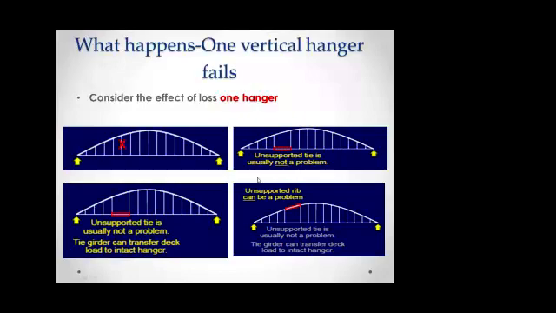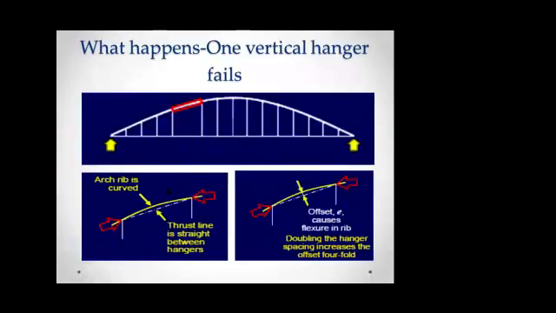Okay, so because of this, the unsupported tie, the tie girders will transfer the force directly to the intact hanger. It will be transferred to the adjacent hanger. But when you transfer force, again there is an unsupported length, and the rib also has a problem. The truss line is a straight line between the hangers, and because of this an offset will be created. This offset gives a flexure in the rib, and doubling the hanger space increases the offset four-fold. So the offset will be created and flexure will be there.